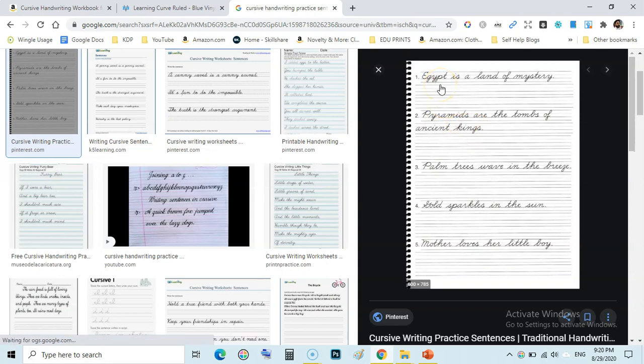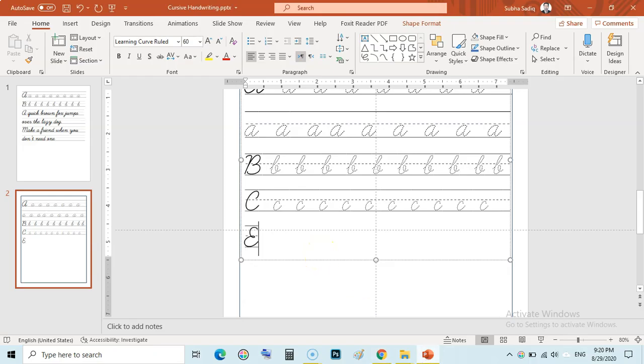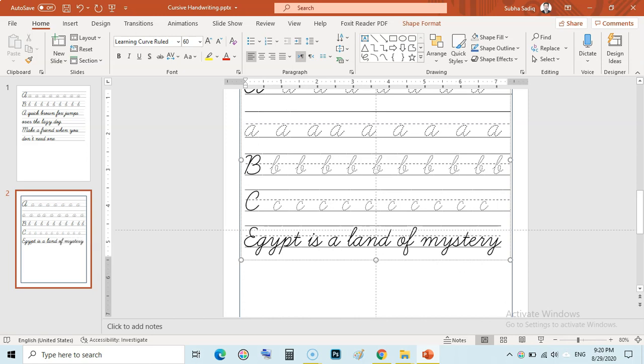You can see here, this is: Egypt is a land of mystery. You can go and type here: Egypt is a land of mystery.